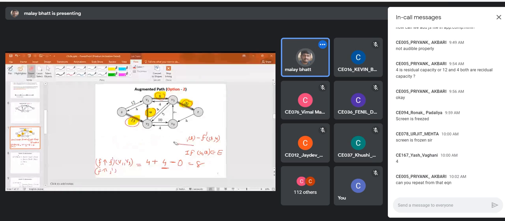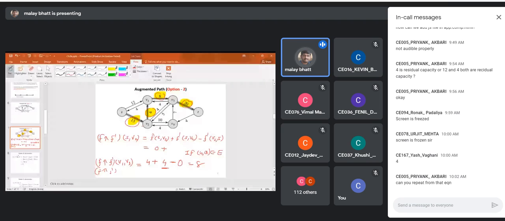So we can write the original flow value f s comma v2 plus f dash s comma v2 minus f dash v2 comma s. The original value of f s comma v2 is 0 because there is no flow in this path so far. Now f dash s comma v2 is 4. We get 4 minus 0, so we get 4.